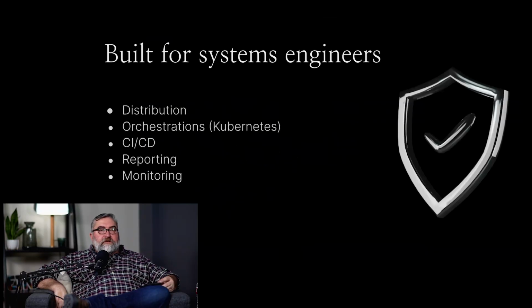As I discussed, we've spent a lot of time designing the Silvermint technology to be especially easy for systems engineers and SRE types to use. Our software is going to be distributed in an extremely standard way. Right now, we support Debian packages, but if you're running other versions of Linux, we'll eventually support RPMs and snaps and things of that nature. It's designed to be easily orchestrated, whether that's with Kubernetes or Terraform or whatever orchestration technology you're using. It's going to be easy for you to spin up your physical resources or your cloud resources, run the node software across those resources in a way that's fairly standard in today's infrastructure-as-code kind of environment, and then to be able to manage them